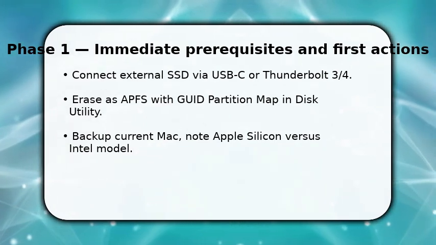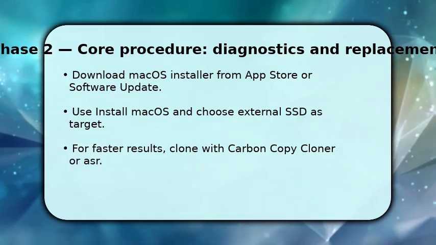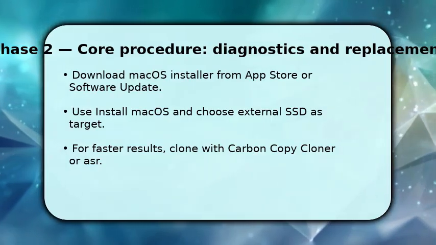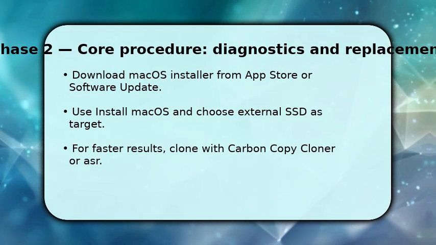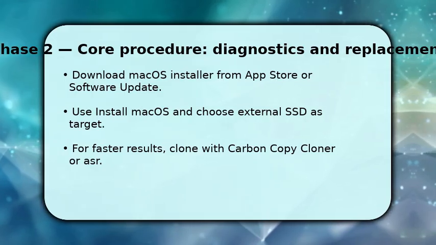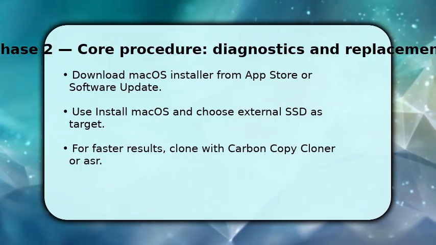Launch the macOS installer you downloaded, and when prompted, choose the external SSD as the install destination. Proceed through setup, but skip signing in if you want a fresh system. Alternatively, create a bootable installer via Terminal with createinstallmedia, or clone your current macOS with Carbon Copy Cloner for